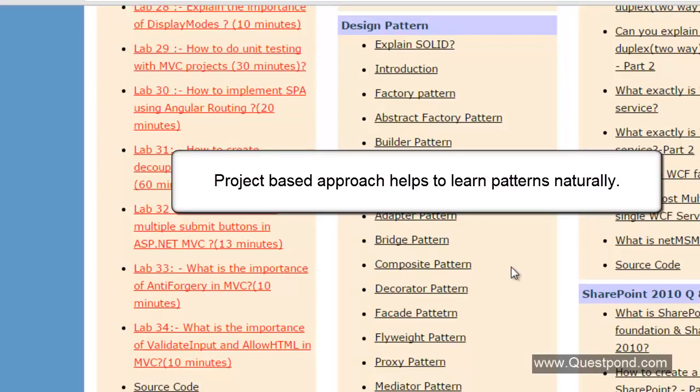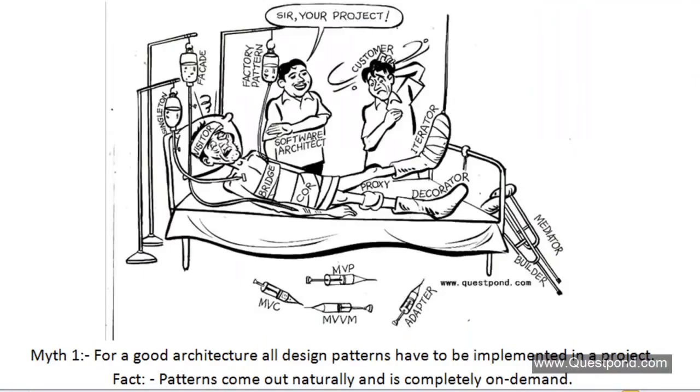So I would suggest that you follow this video series, and as time comes, I will tell you to go and see the appropriate design pattern from this section here, right? Now, before I move ahead,